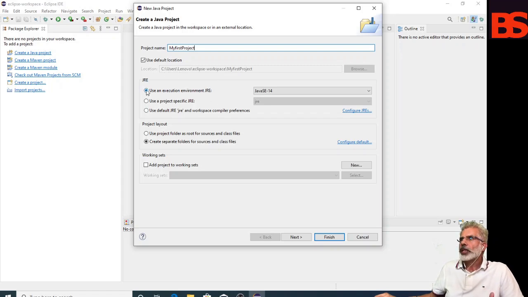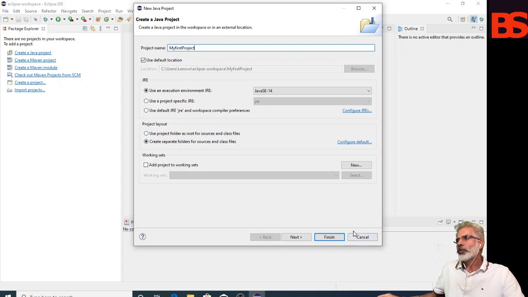And for the JRE, use an execution environment JRE system. It is left as default. If you want to change, you can change. Otherwise next is project layout, and the default is selected: create separate folders for source and class files. It's okay, don't change it.